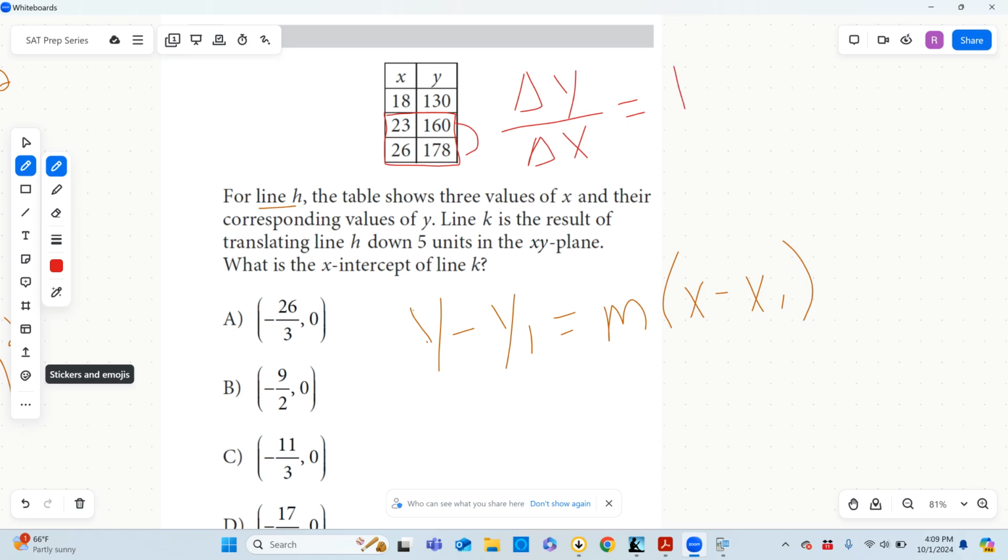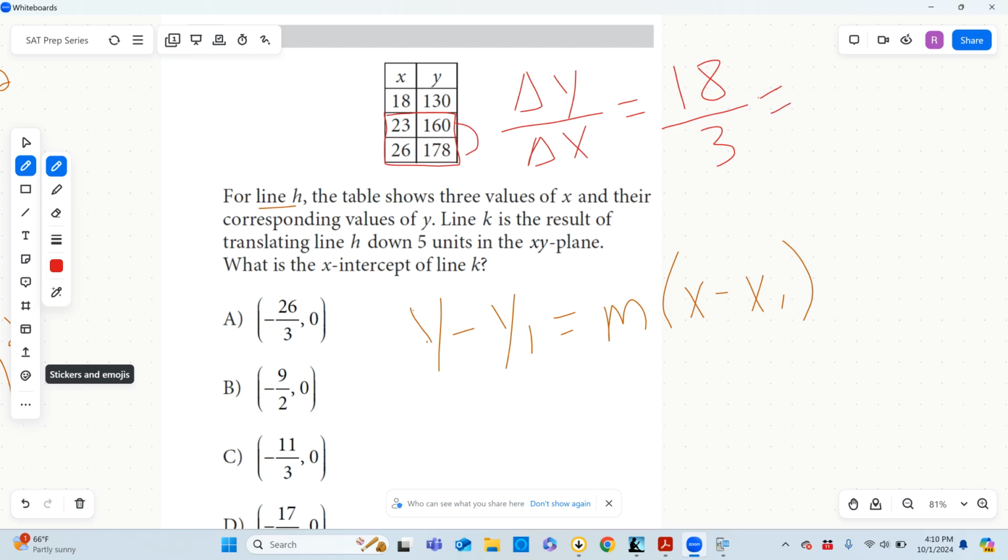That is a change of 18 units. Great, my change in y is 18 units. Well, what is the corresponding change in x over those 18 units? Well, we go from x is 23 to x is 26. That is a change in 3 units. So we move 18 units on the y-axis for every 3 units we move on the x-axis, and if we